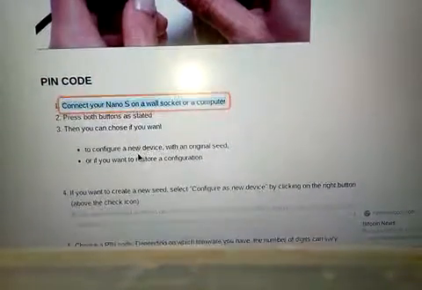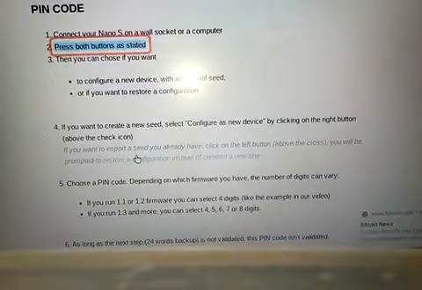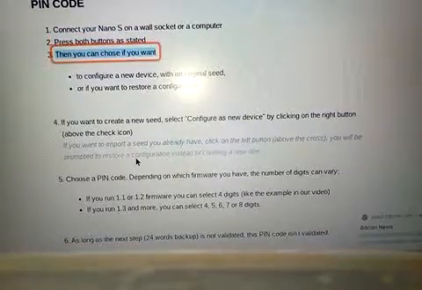Pin code. Connect your Nano S on a wall socket or a computer. Press both buttons as stated. Then you can choose if you want